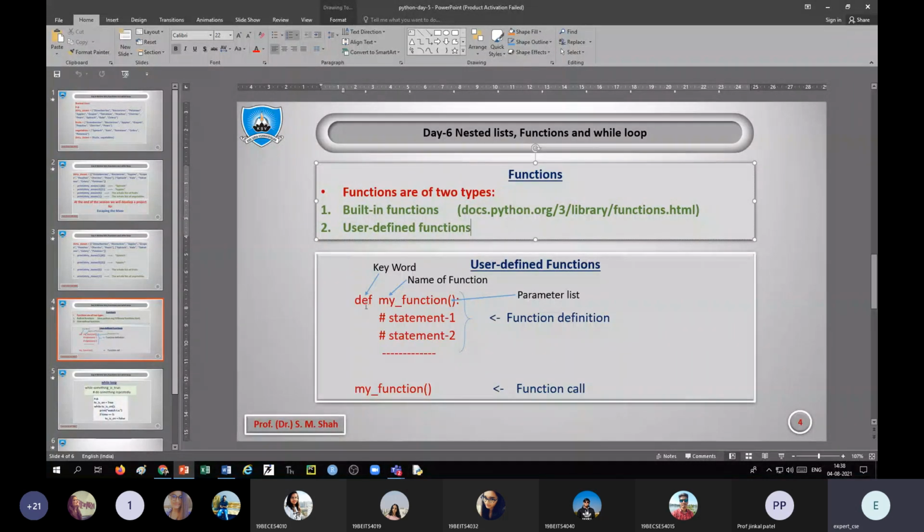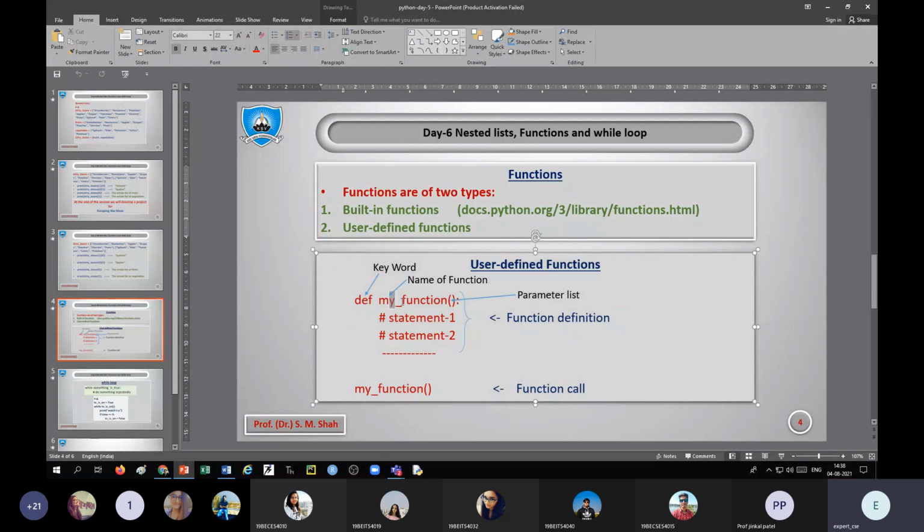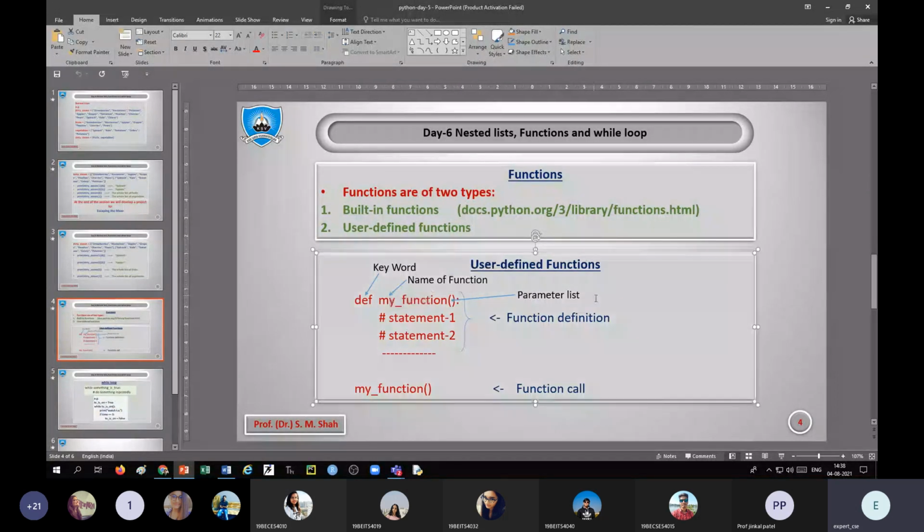def, that is the keyword, then the name of the function, whatever you like, and the parenthesis, where there will be a parameter list. But right now we will see all the functions without parameters. When the time comes, I will discuss the parameters.